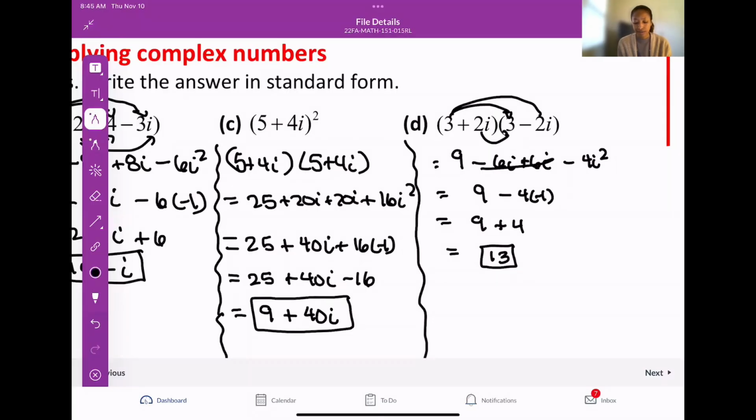Because the two middle terms cancel out, and then the i squared is just a -1. So we end up getting a whole number. And then we can take it a step further and say, not only do we end up getting a whole number, but a real number,